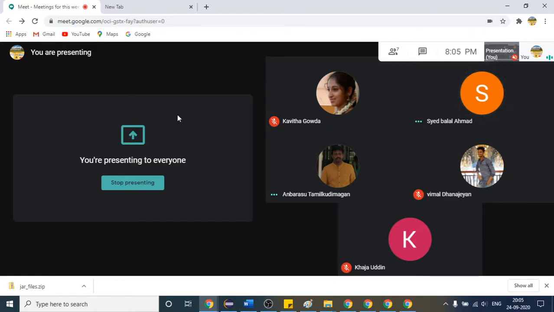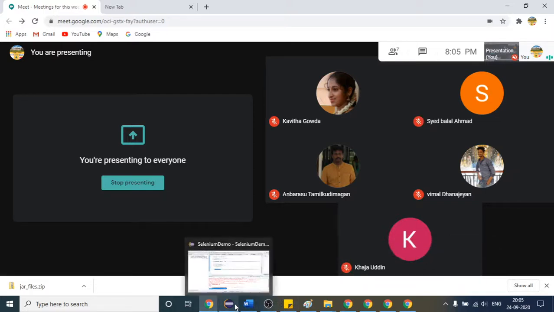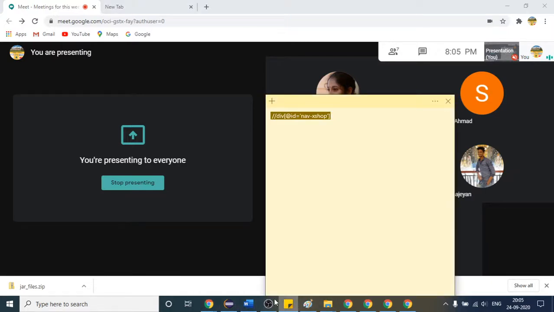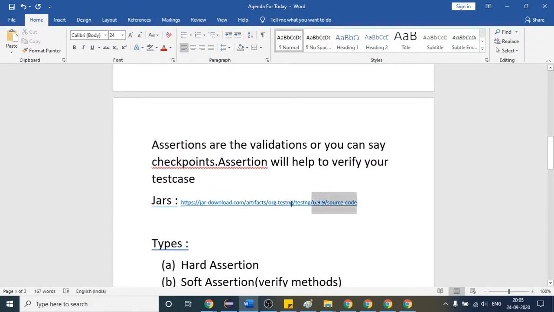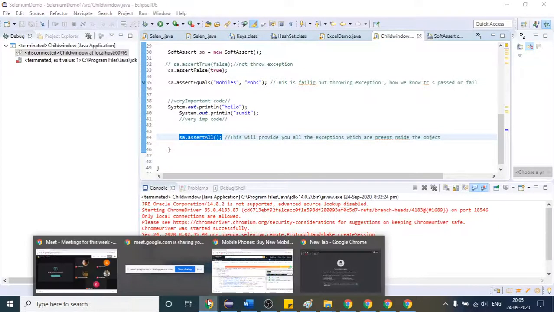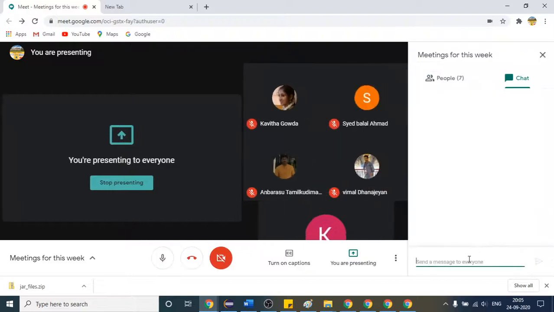Yeah, I will paste it in that classroom, right? Is it fine? Or I will paste it in the group as well. Okay, let me share it here only. Let me copy this. Okay, so this is the path. I am copying this. See, I pasted that path. Copy this. Shahid, did you get that?